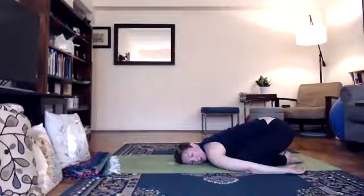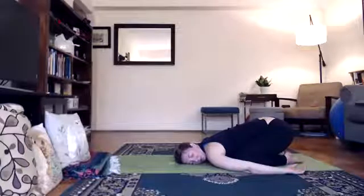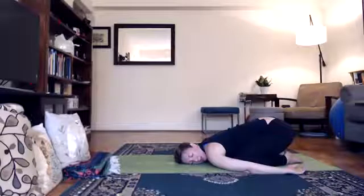So this posture, this child's pose, is really an anchoring, rooting posture, right? You're feeling yourself firmly anchored, rooted into the floor. It's a calming, soothing posture. The hips are a little higher than the head, so you have some extra blood flow to the head, right? It's good for giving you some energy while at the same time calming you. And on a physical level, you're opening through the hips, the inner thighs, the knees, the shins, the ankles,